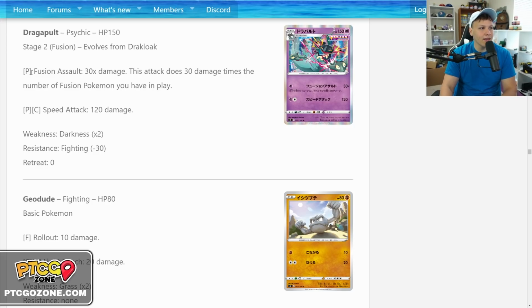For 1 psychic energy, 150 HP. Of course, it is a stage 2. 30 damage times the number of fusion Pokemon you have in play. So if you got the full setup of fusion Pokemon, you're doing 180 damage. So you're pretty much 2-hit KOing anything in the format. Second attack, Psychic Colorless for 120. Just way worse than your first attack. Your first attack is so much better. And then weak to dark, fighting resistance,